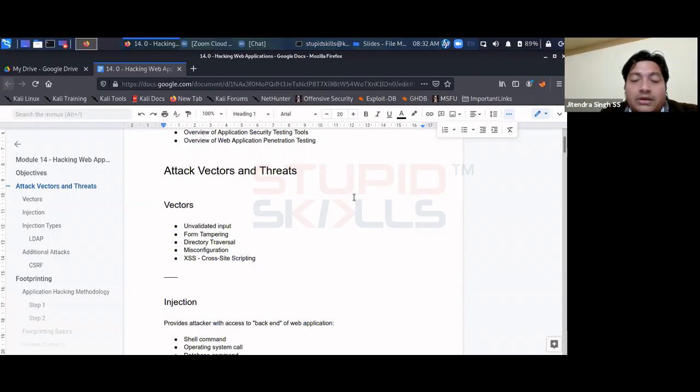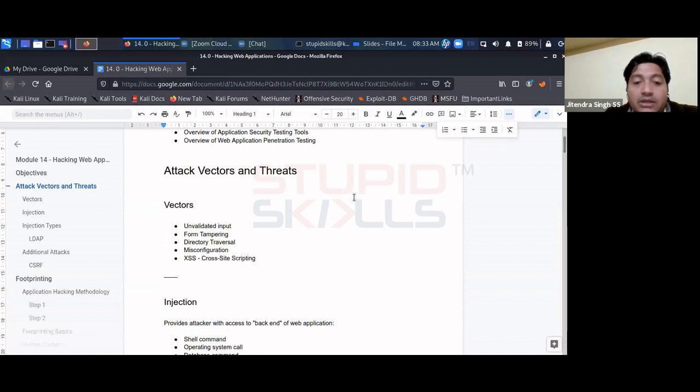Okay. Directory traversal, that we discussed in the last session, where users are able to access various locations in the operating system or the machine, whether it is Windows or Linux. Attackers can access, if a web application or a web server has some access which is not allowed for a web server,